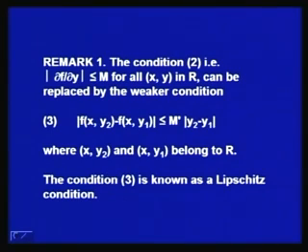Now, if a function f(x, y) is such that mod of ∂f/∂y is less than or equal to m, then it will always satisfy the Lipschitz condition, because by the mean value theorem we can write that mod of f(x, y2) minus f(x, y1) is less than or equal to some constant m' times mod of y2 minus y1. So, thus we arrive at a stronger form of the uniqueness theorem, because there are many functions which do not possess a continuous partial derivative, but satisfy the Lipschitz condition for some constant m'.